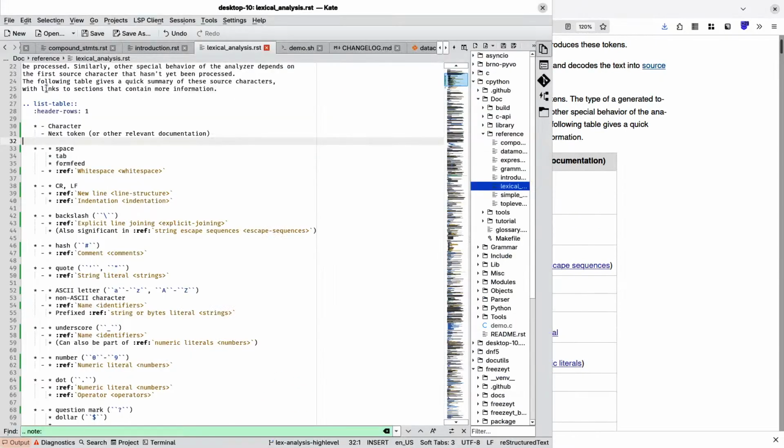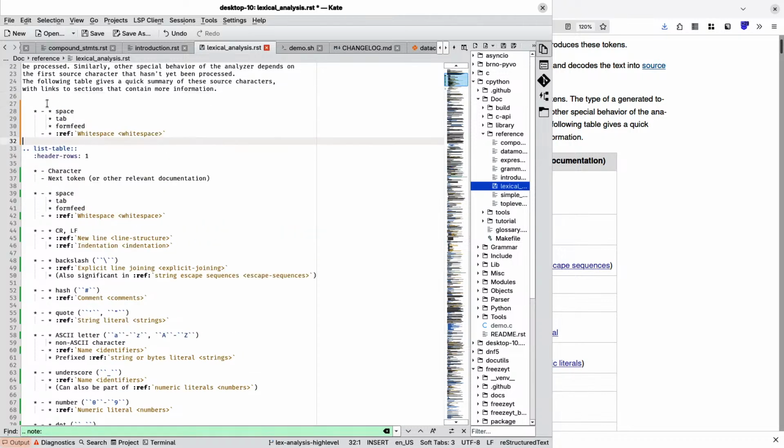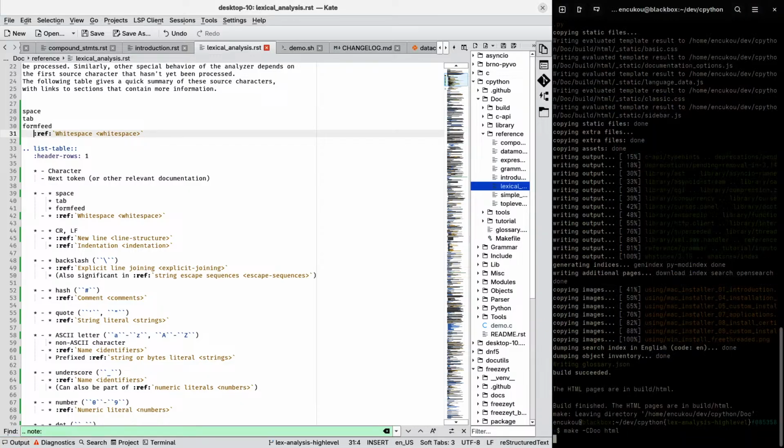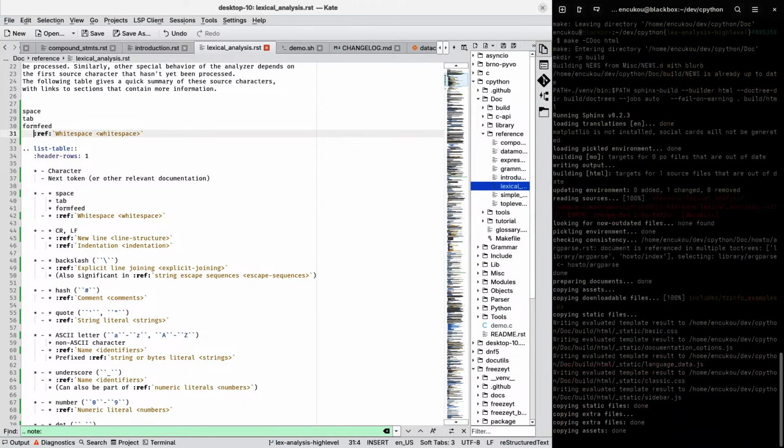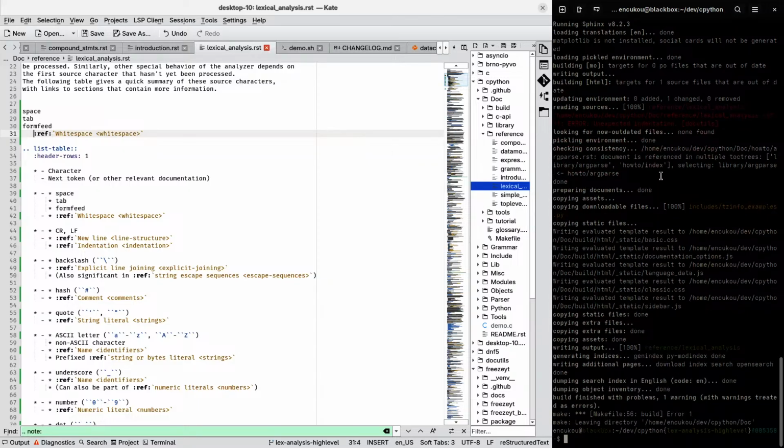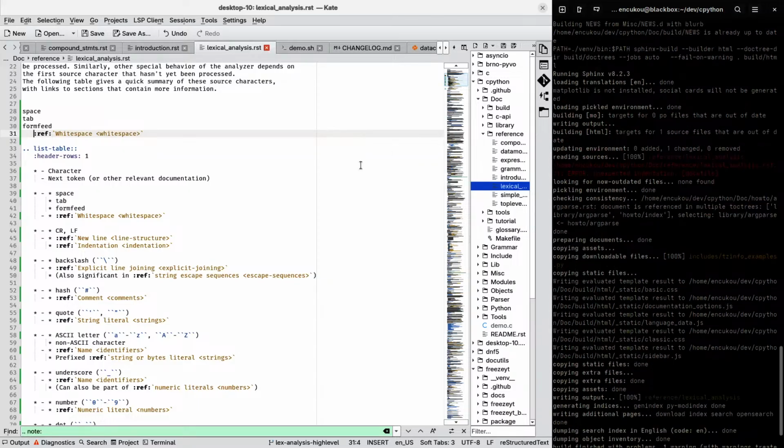I think a definition list would just look like this. I'm not sure if you can put multiple stuff in the start. No, looks like it failed.